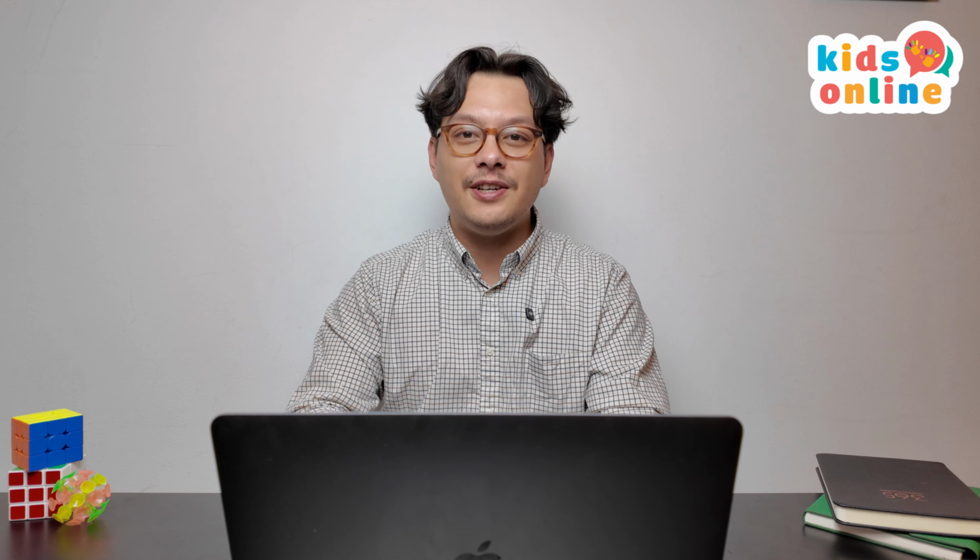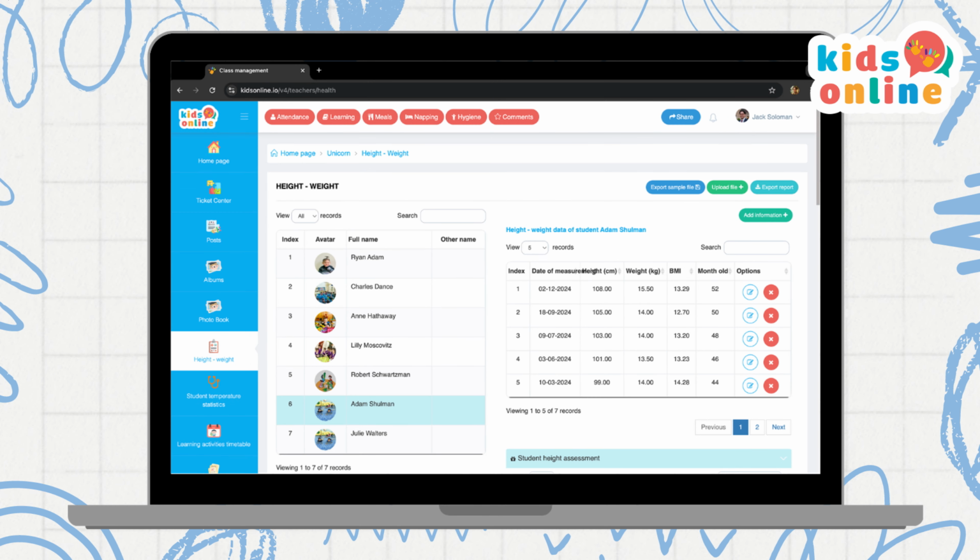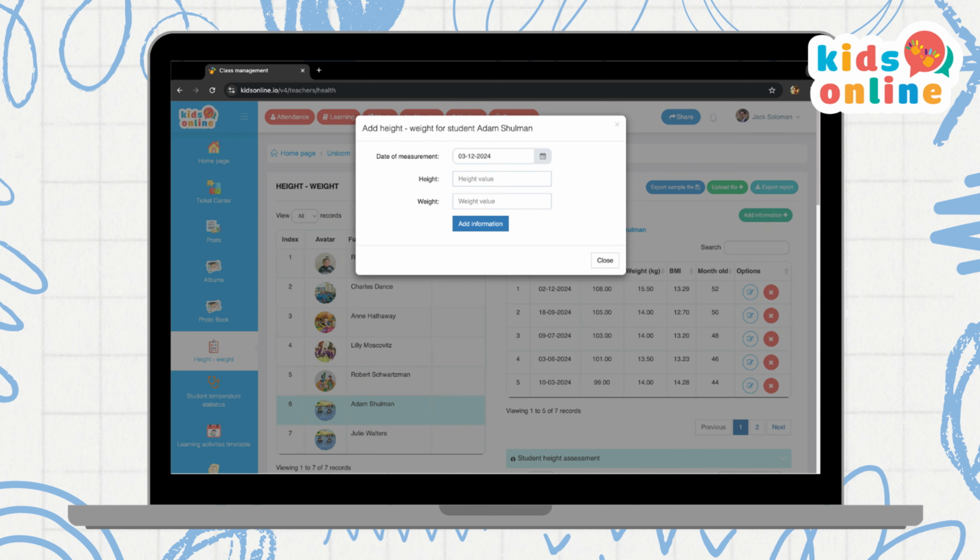Both of these charts measure the data over a period of time, so you can see the trend in their growth of height or weight. On this page, it's also possible to add the most recent reading. So for example, here we can see a green button that says Add Information. And just like on the app, you can choose the date for the measurement, as well as entering the values for the student's weight and their height. And again, once that's done, press on Add Information and the data will be uploaded and also incorporated into the